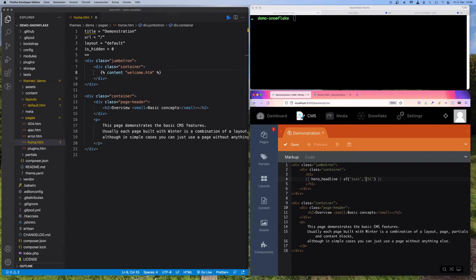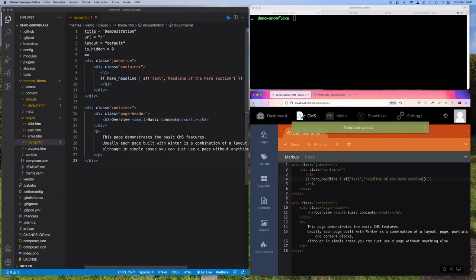And the description is optional. You can leave it out, but you always need to specify a type. But I want to add a description this time as an orientation help for my site editors, so I call this headline of the hero section. Okay,